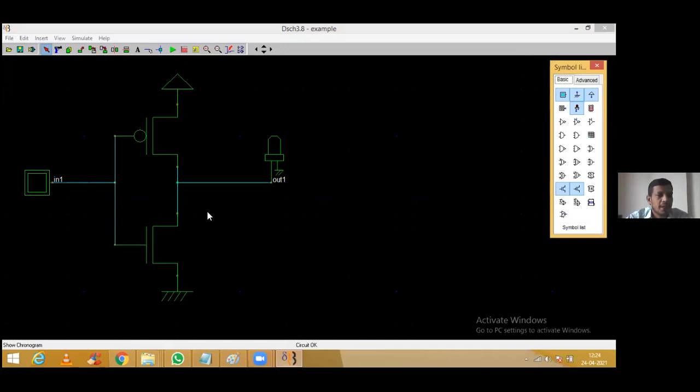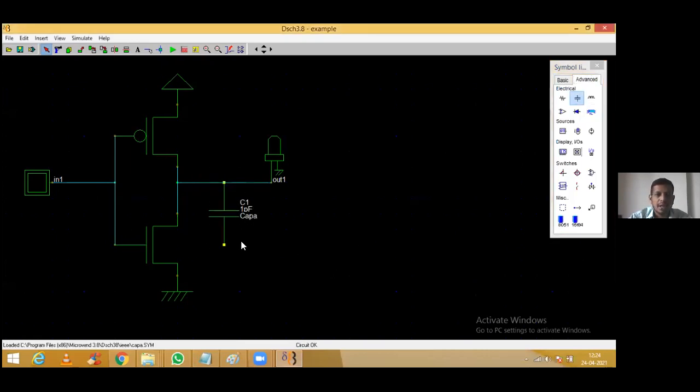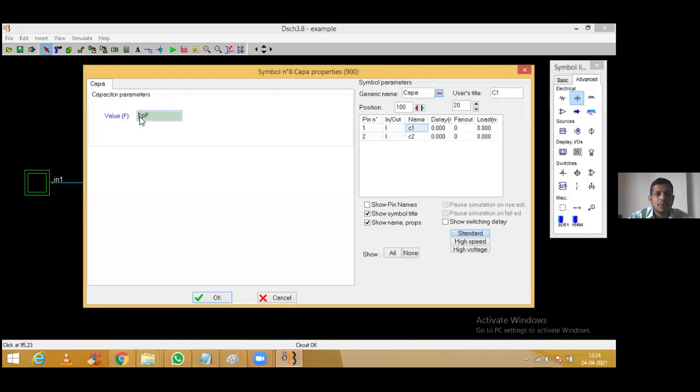What I'm trying to tell is: we design an inverter, and here guys, you need to attach a loading capacitance on the output side of this inverter having a certain value, like let's say 0.5 picofarad, as we discussed earlier. In advance, in that symbol library, I have a capacitance, active and passive components over here. Click on that capacitor and attach the value here. By default the value is 1 picofarad. So you can modify it at any step, okay?